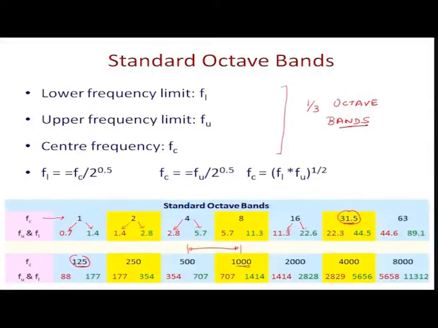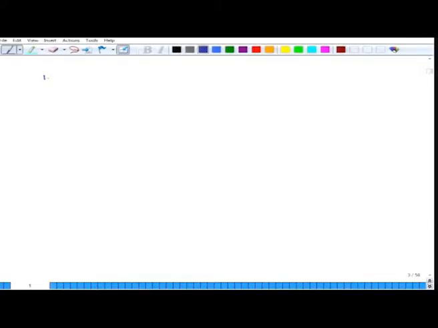So, what are these octave bands? Here also the ratios are constant. We have discussed what octave bands are. Now, we are discussing what 1/3 octave bands are. First we will discuss in general and then we will talk about industry standard 1/3 octave bands. Once again, each of these bands has an upper frequency limit, a lower frequency limit and a central frequency.